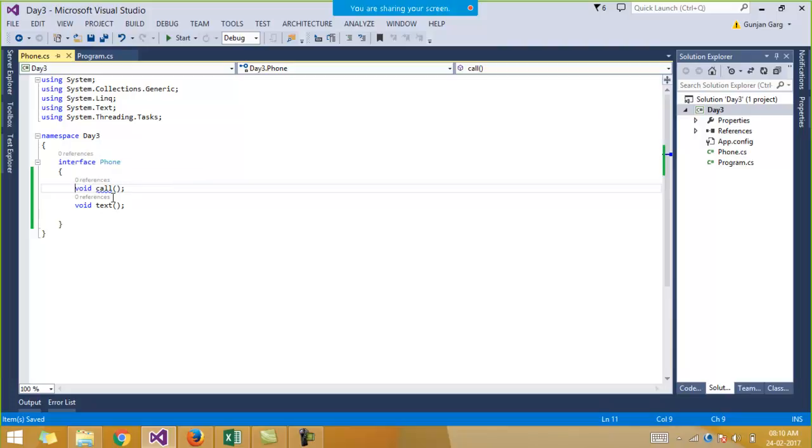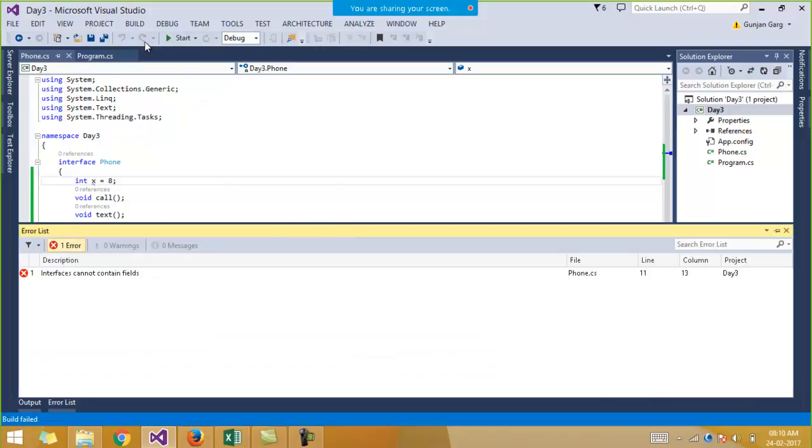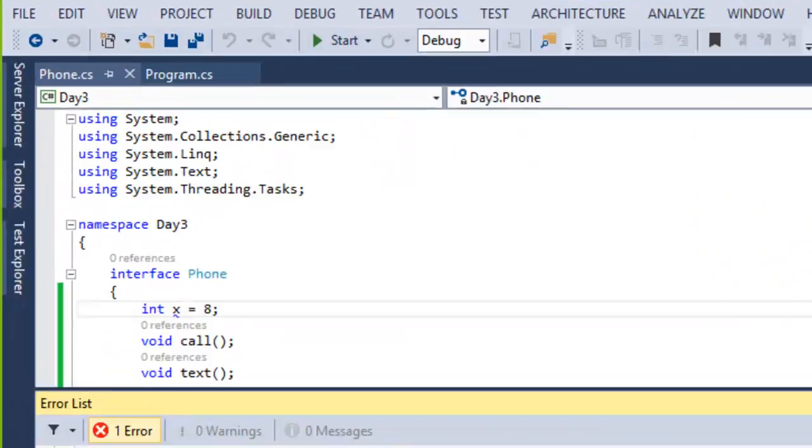And then thirdly, the next point is no fields. You cannot declare fields inside an interface. Suppose I declare a variable, int x is equal to 8, and then I build my solution, you will get an error saying interfaces cannot contain fields.